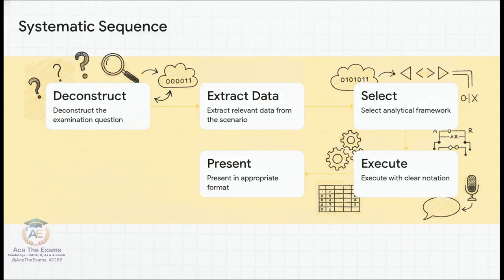Step 5. Present with correct terminology. This is huge. Never ever write, "it flips the bit." That's casual talk. You write, "the not operation inverts the binary state." See the difference? By practicing this so much that this 5-step sequence turns into literal muscle memory, you drastically reduce your cognitive load during the actual exam. You no longer have to waste energy thinking about how to answer. You only have to think about what to answer.